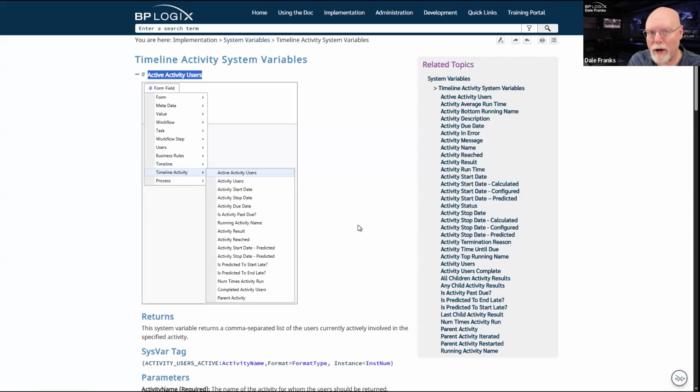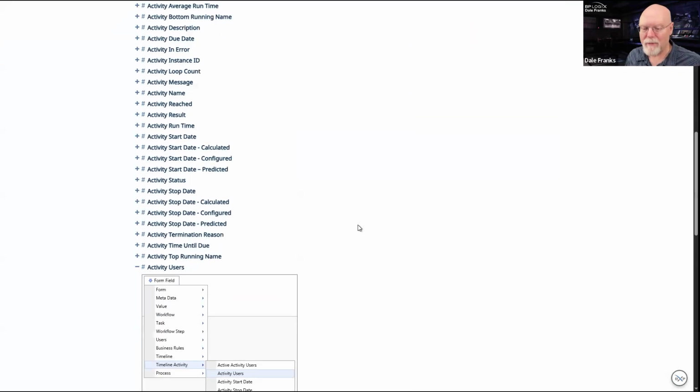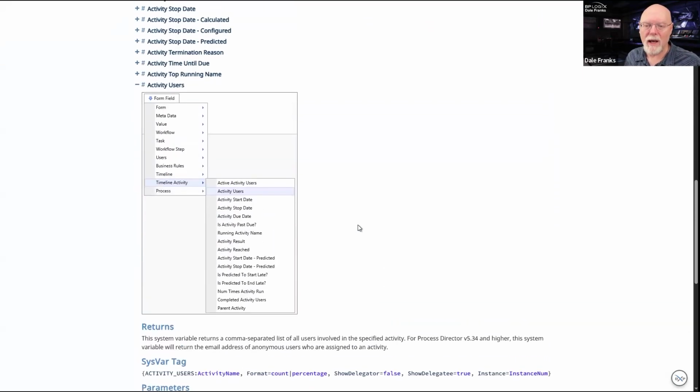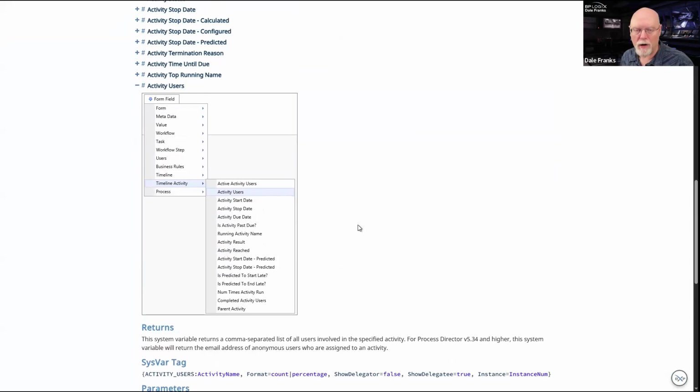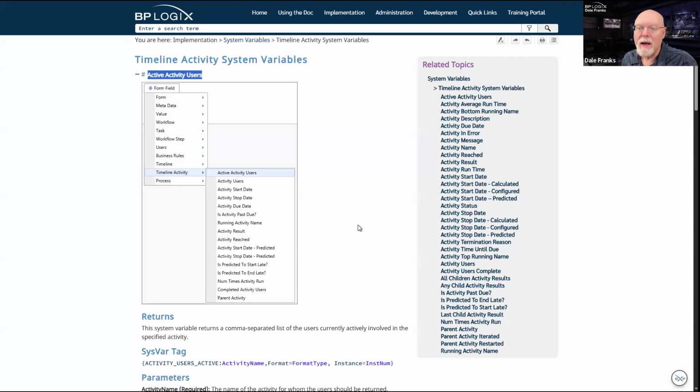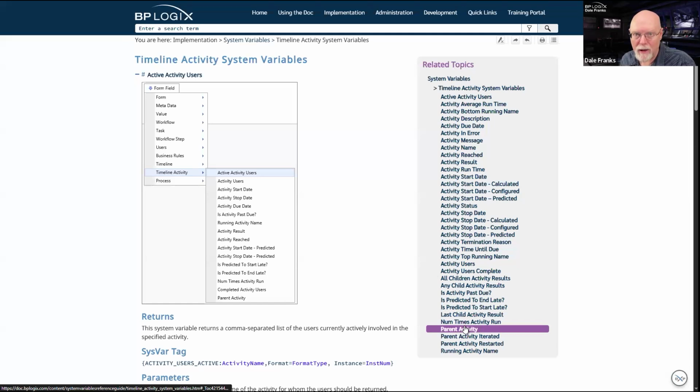So from that point on, there would only be 1 active activity users. So if you want everybody, activity users is the system variable that you want to return, because that just returns everybody. If you only want the people who are actually actively working in the task, then you would want to use active activity users.